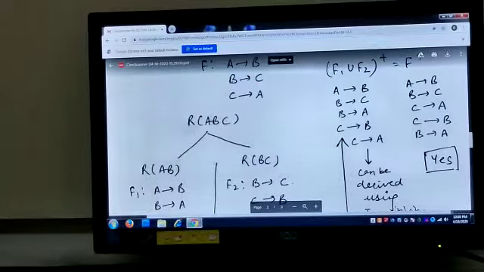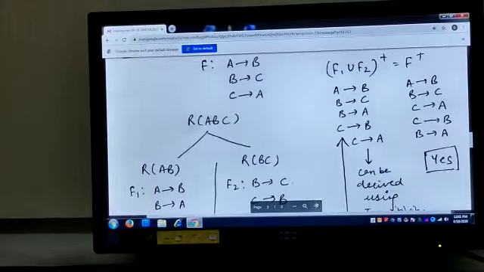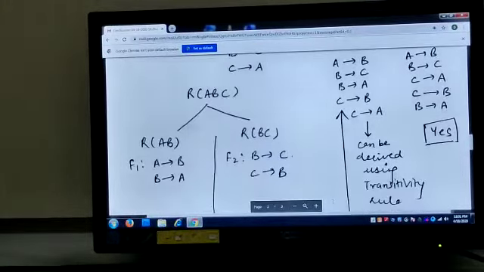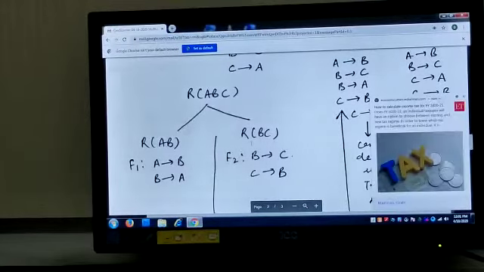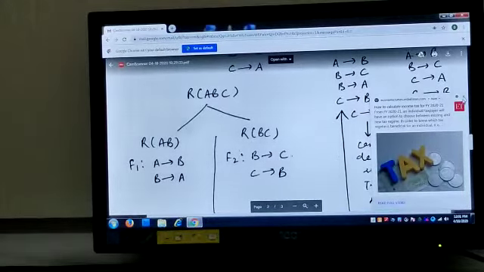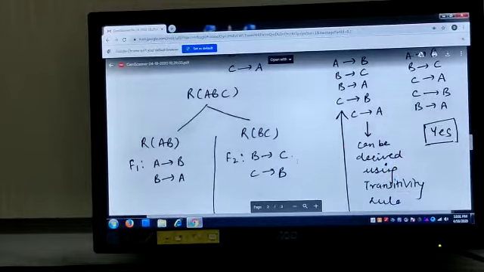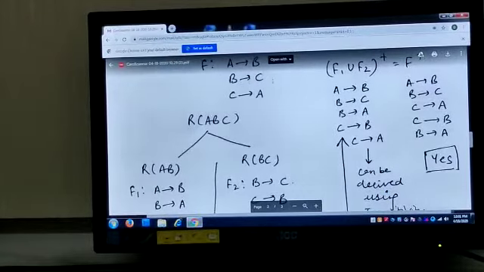This is one of the functional dependencies, B to A, that I have concluded using the rules. I have to find out all the possible functional dependencies. Now, next in R2, this is my R2. In R2, if you can see, we are having B to C. This I am already having there.